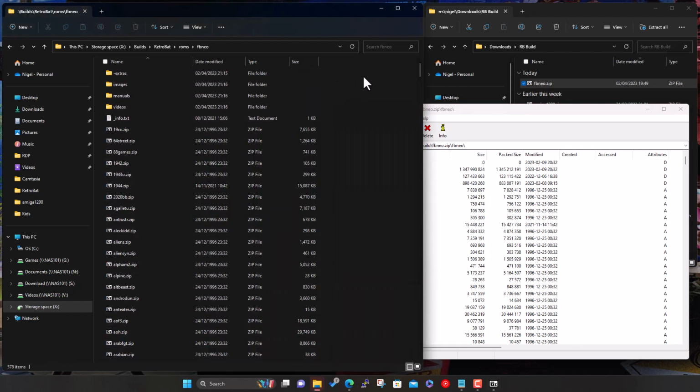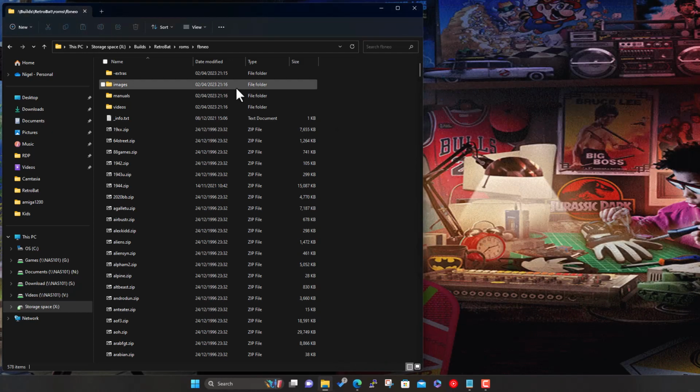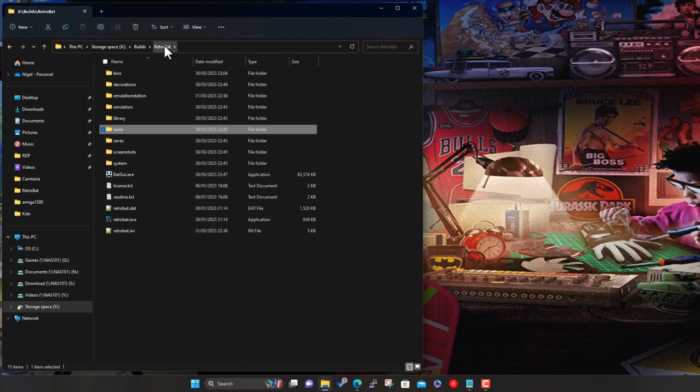Thank you. So right, that's copied across. We can now close that and get rid of this. We don't need this. So we've got everything copied across. Now if we go back to the RetroBat folder, fire up RetroBat,